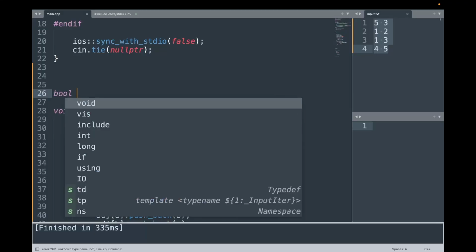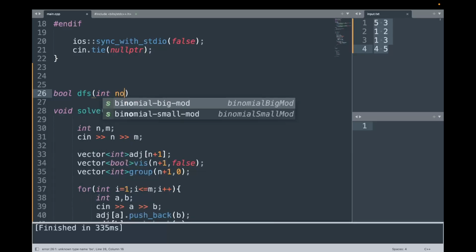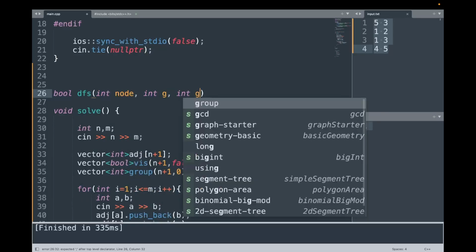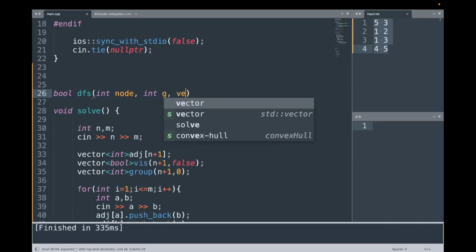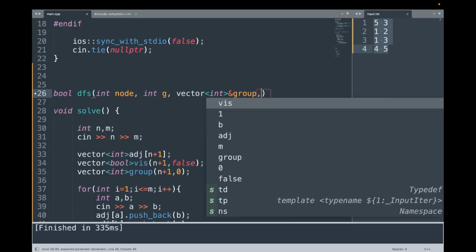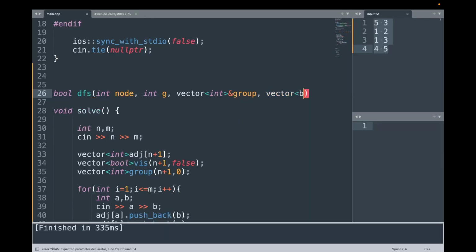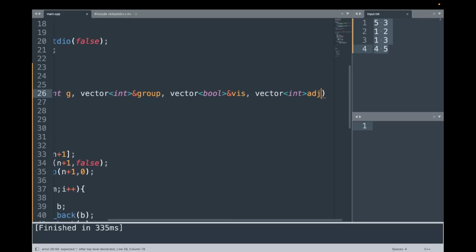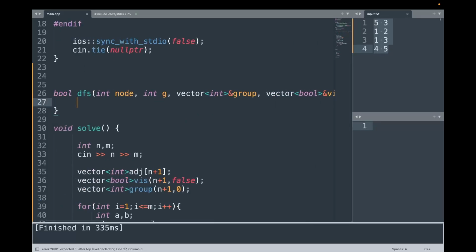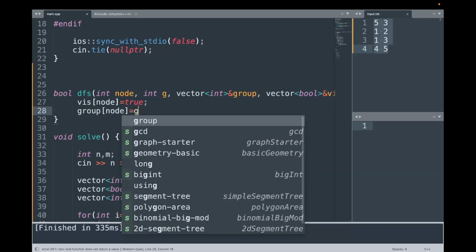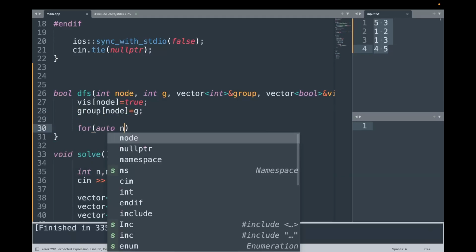It's bool DFS, node. Here we have the color, here we have the group, which is a vector. Then we have a boolean vector for the visited array. Then we have a graph, and here you mark the visited for the node to be true, and then you also assign the group to the node as G. Now you iterate over the neighbor node,